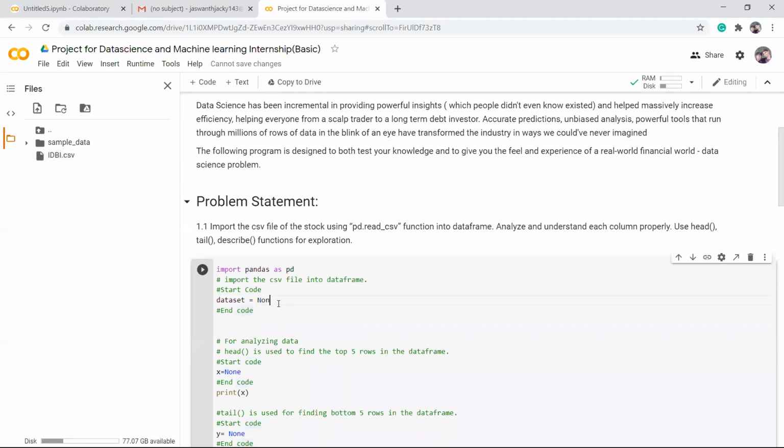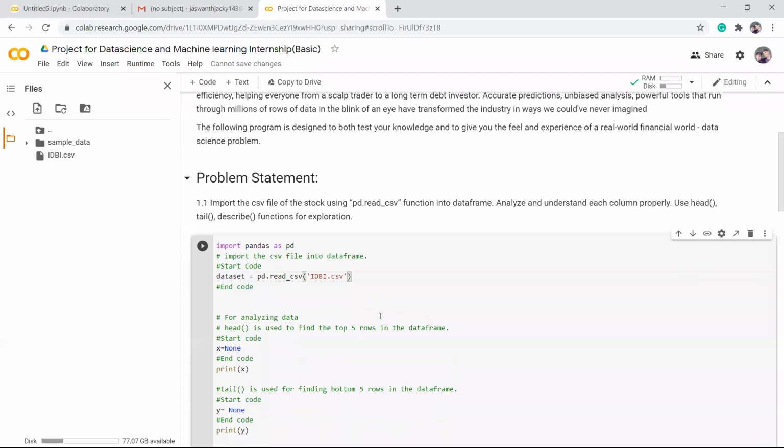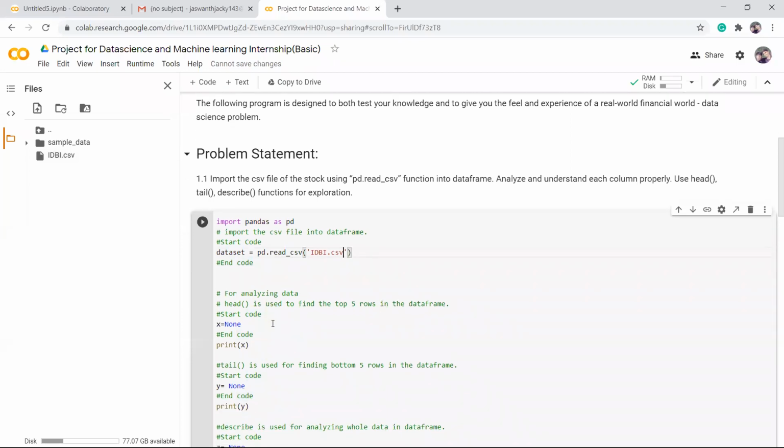Here, instead of None, you can use pd.read_csv and give its name, IDBI.csv. Simple like this. You can import the dataset and do the manipulations accordingly. Or you can even right click and download it into your local machine, and